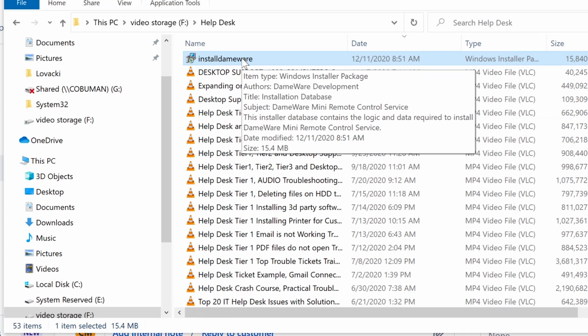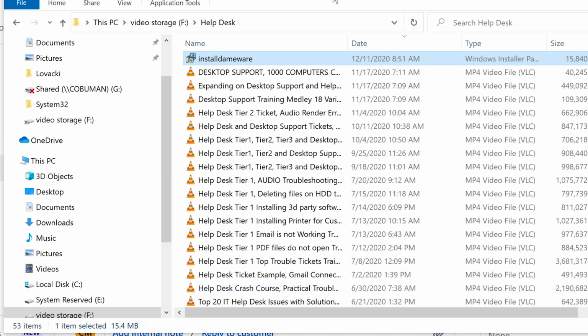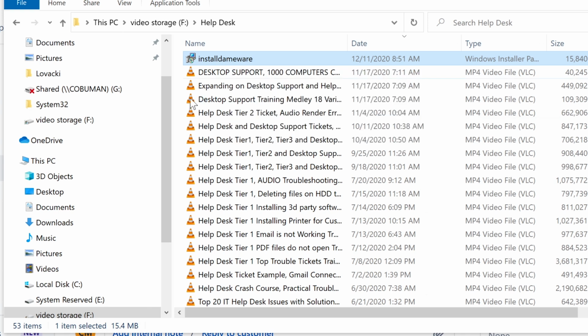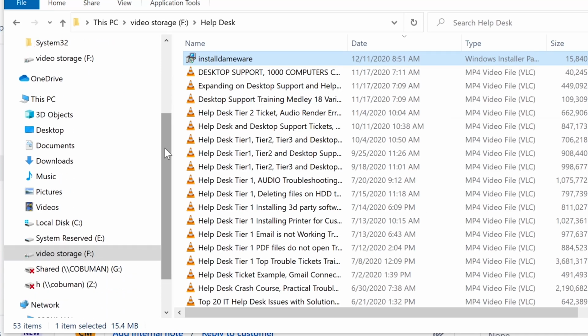I personally do not like to install things from a shared drive because it can be slow and it could take forever to decompress, or uncompress, if you will, any files that are in here, and then try to copy them over and then try to install them. So the best thing to do, and way faster, and more secure in the sense there's less chance of not installing properly,